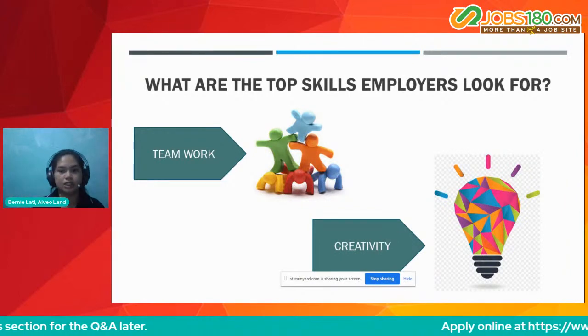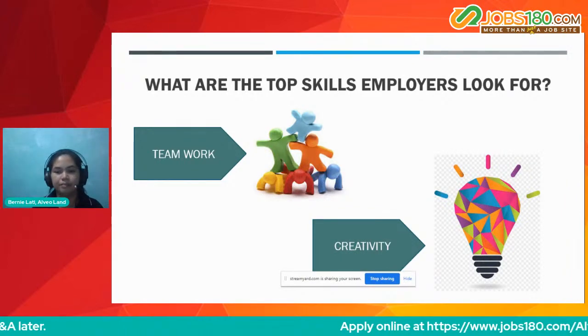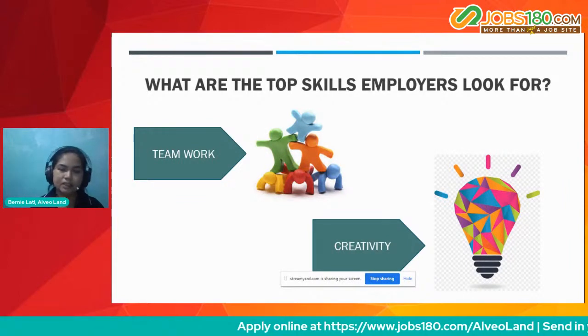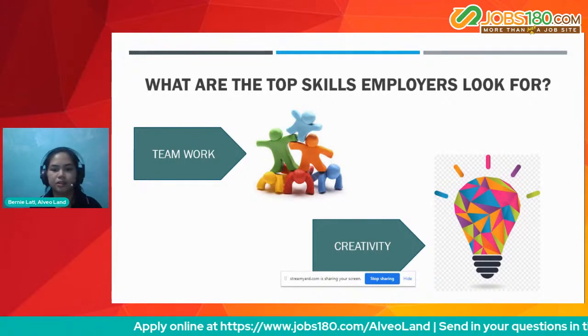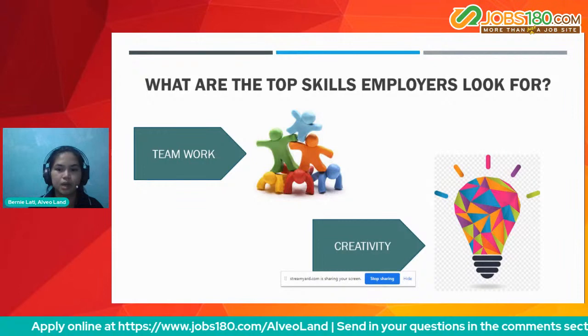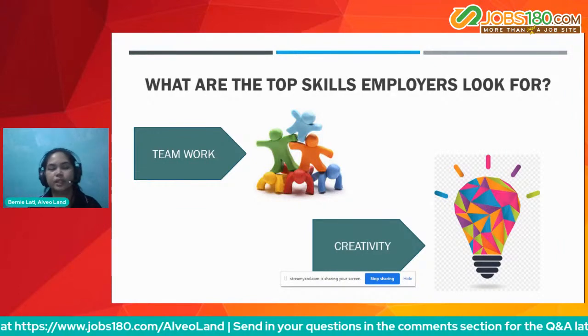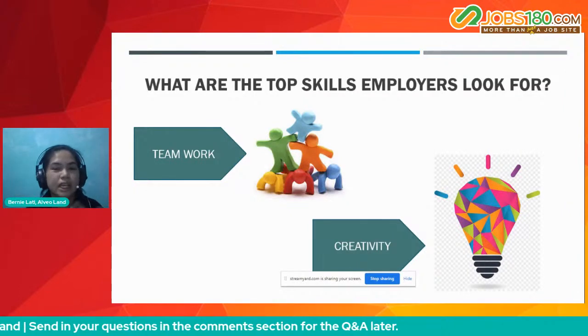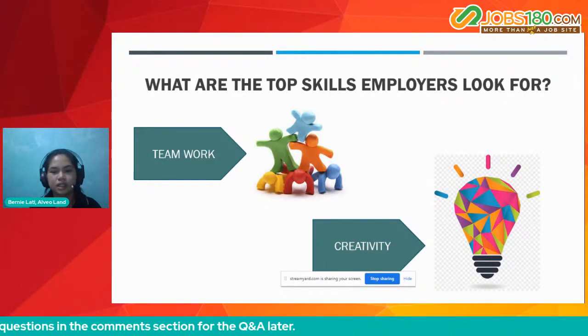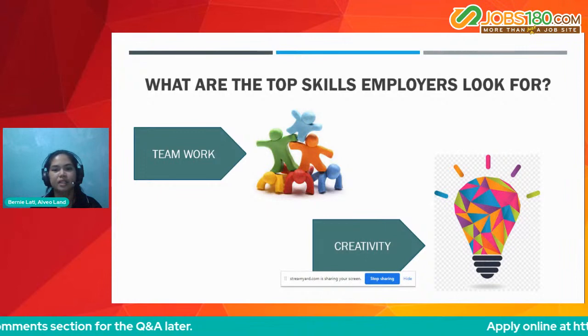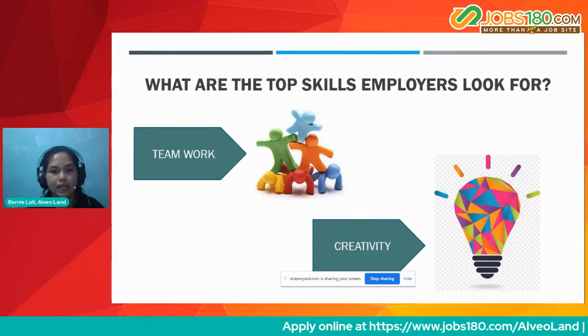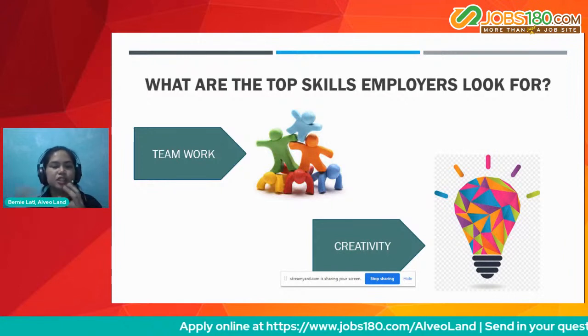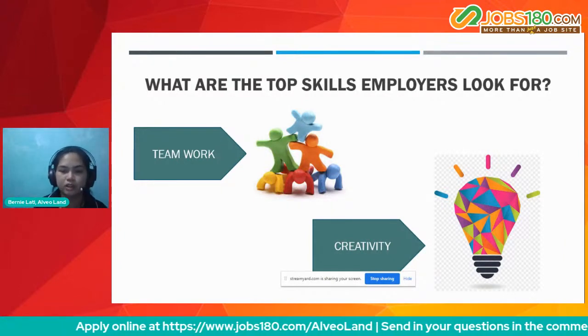Creativity, not just in arts, no, but this one is related to critical thinking, being able to think out of the box when you're faced with a difficult situation that you don't normally encounter. Dito kasi matetest yung creativity nyo eh. And this can also be a good practice or parang training ground para mahasa ka in terms of your decision making or problem solving skills,